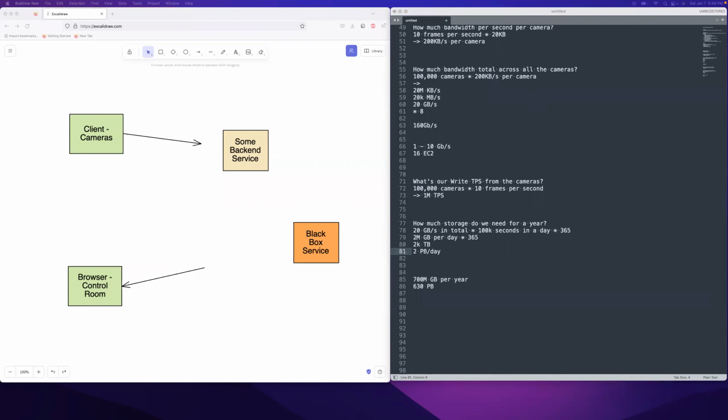I got another comment in the chat. Do cameras click pictures when there are no vehicles? Traffic could be reduced during nighttime. I'm imagining they do. I'm imagining they're going to keep clicking pictures even when there's no vehicles, because